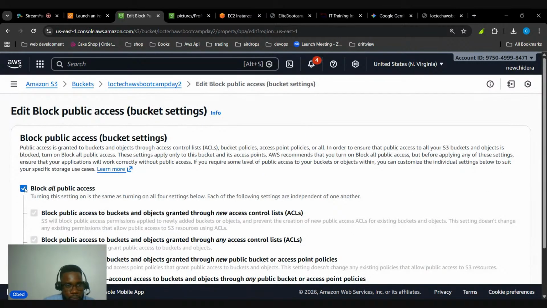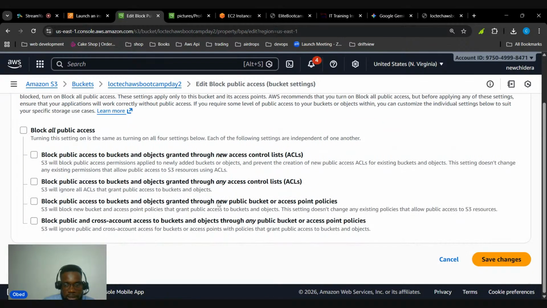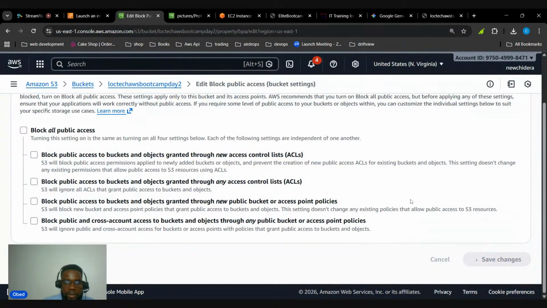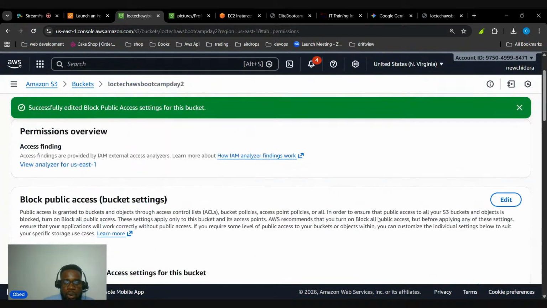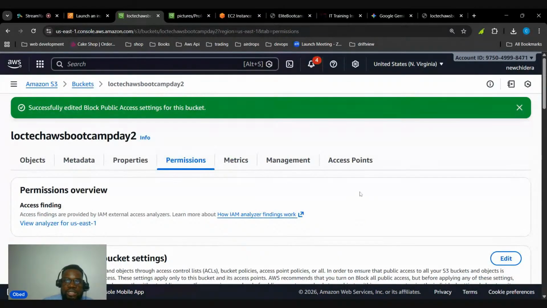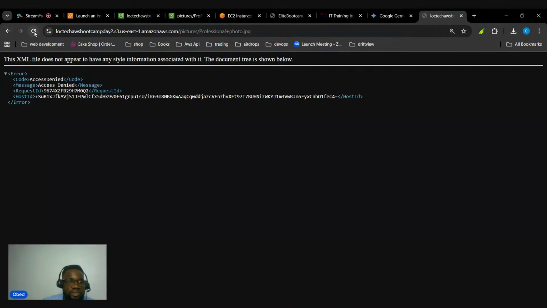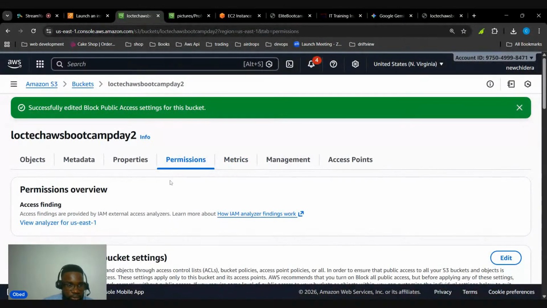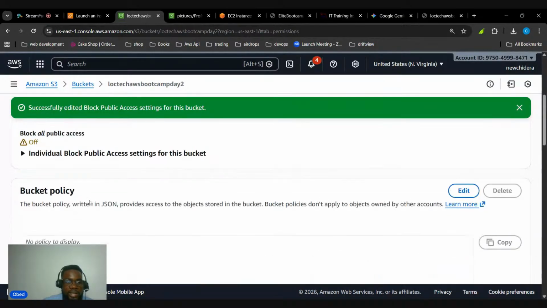So what I want to do, I'm going to unblock all public access, right? So I will unblock this and save changes. Just for confirmation, I'll confirm. Allow others to see what is in this bucket. If I do this, I'll still get access denied. Me just allowing public access is not enough. AWS are quite security conscious and all of that. So I need to